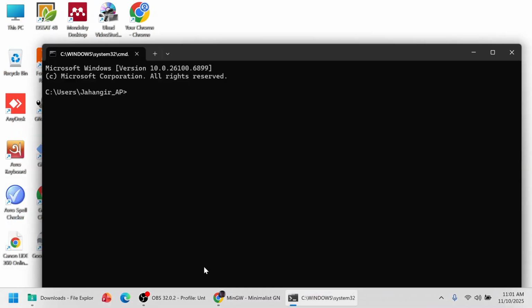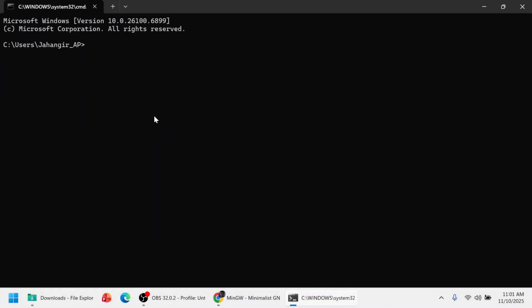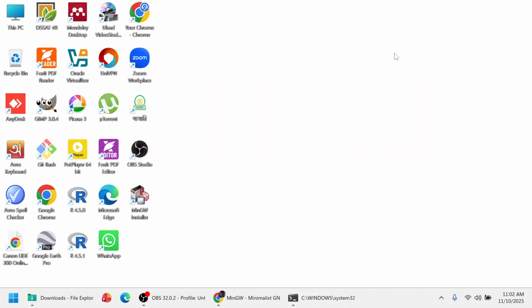I hope many of you know this. And here my username is Jahangir underscore fe. Okay, this is good. And let's type gcc, and it says gcc is not recognized as an internal or external command. This is because the path variable is not set up right here. So first of all we will have to see where we installed that